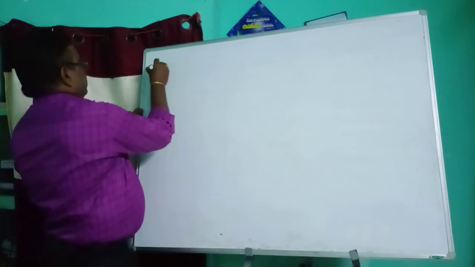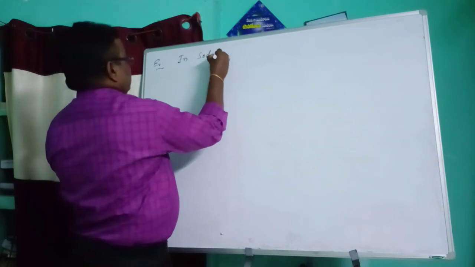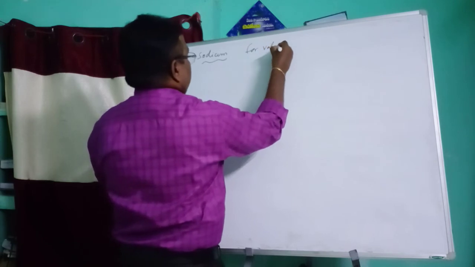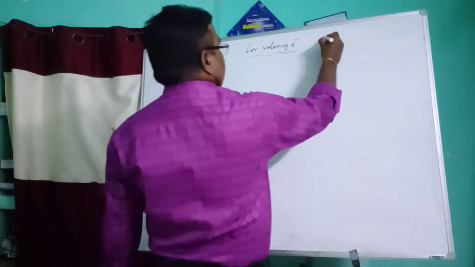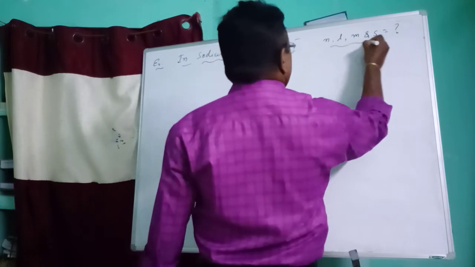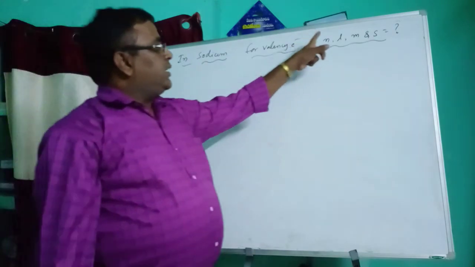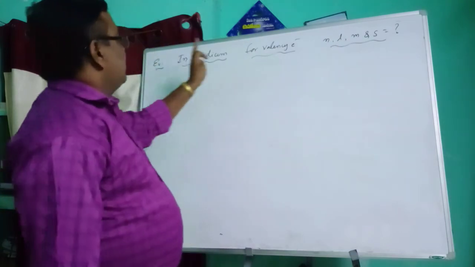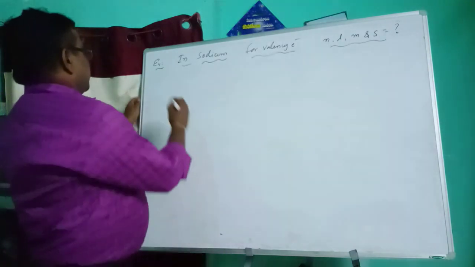So for example, in sodium, for the valence electron, what are the four quantum numbers N, L, M and S? This is the question. Calculate the four quantum numbers N, L, M and S for the valence electron in a sodium atom. So the answer is,